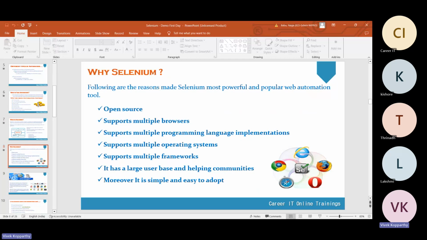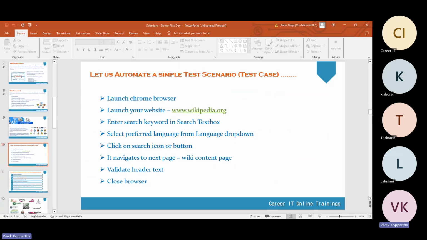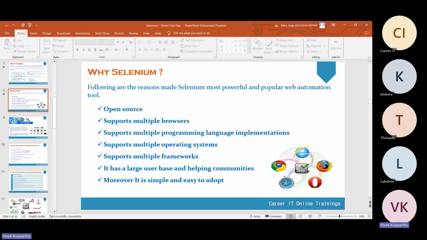It supports multiple frameworks; there is no limitation that you must write a particular framework in a particular format. It has a large user base, so you can get help from the internet very easily. These are the things which make Selenium popular.